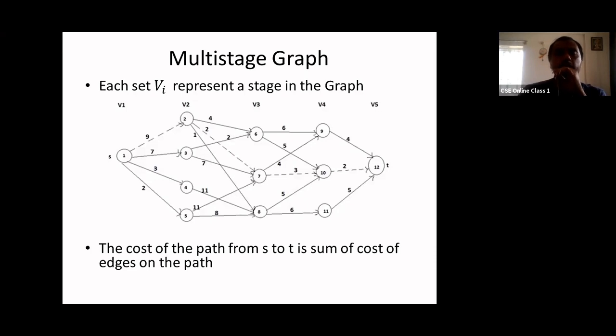And for our ease, the vertices are numbered according to the stages. As you can see here, after 1, which is the first stage vertex, the second stage vertices are 2, 3, 4, 5. And the third stage continues from that: 6, 7, 8. The fourth stage is 9, 10, 11. And the fifth stage is 12. So this particular arrangement is done for the ease of our algorithm, to represent the algorithm in a much simpler fashion. Okay.